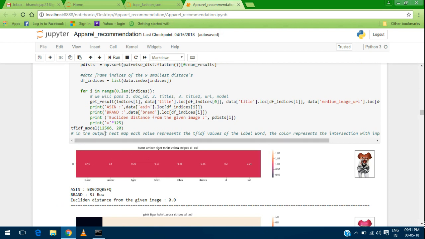Coming to the outputs with TF-IDF, that is term frequency and inverse document frequency, which uses the TF-IDF values. Here also we are implementing the algorithm on the same product of ID 12566, and we get 20 similar products to this query product. This is our query product. The title is Burnt Umber Tiger T-shirt Zebra Stripes XL Double XL, and this is our